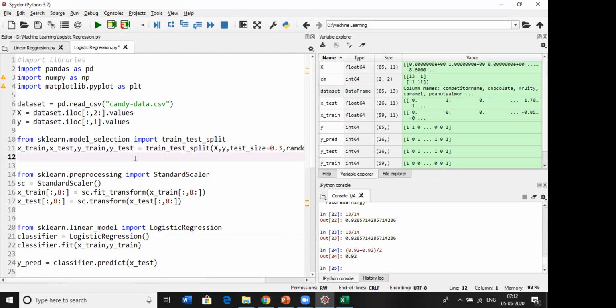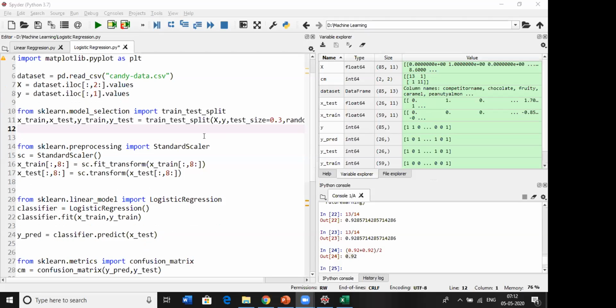In line number 11, you can see X train, X test, Y train, and Y test. So you have created 4 variables, and those 4 variables are going to store the data. X train and Y train give you the information about the independent and dependent variables for the training data. Out of 100 records, 70 records will be stored as training data and 30 records will be stored in test data. That is the information you will feed there. That's the use of that library. Are you clear?